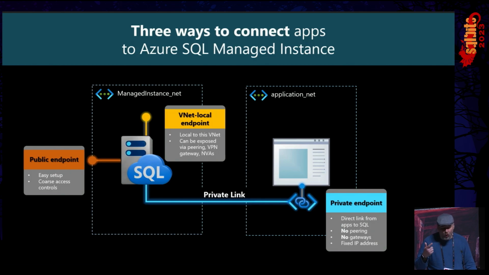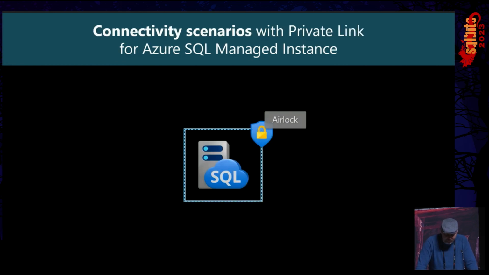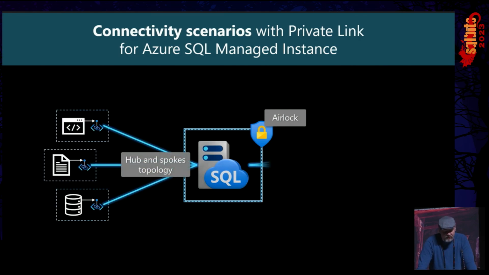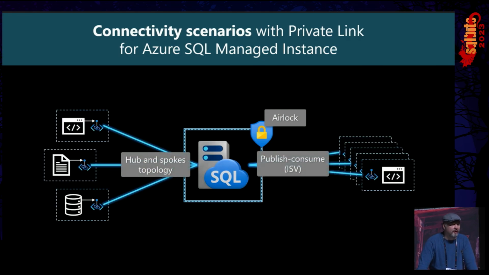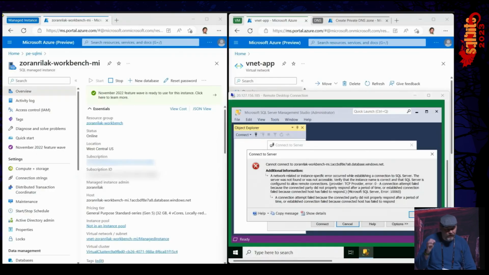No peering, no gateways, and it gets you also a fixed IP address. So let's take a look about some of the scenarios that you will get by using the private link. For those scenarios, you can also use the hub and spoke topology and publisher consumer, for example, if you are ISV. A great advantage is that you will spend less